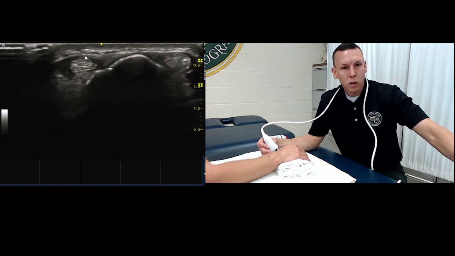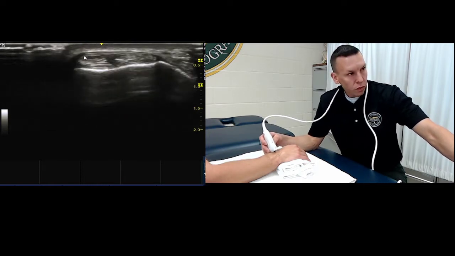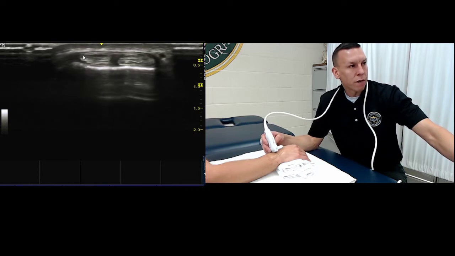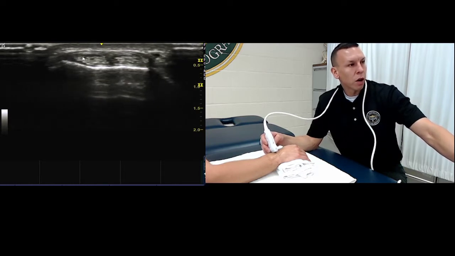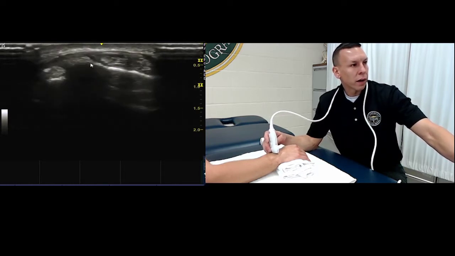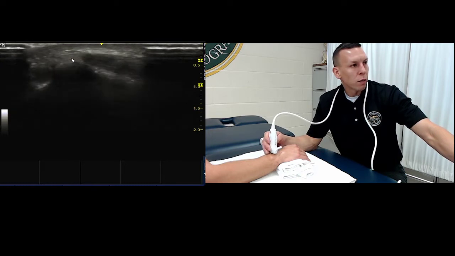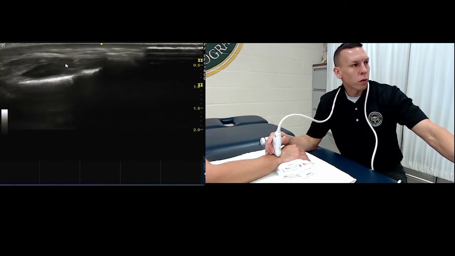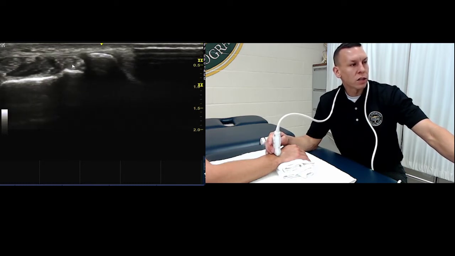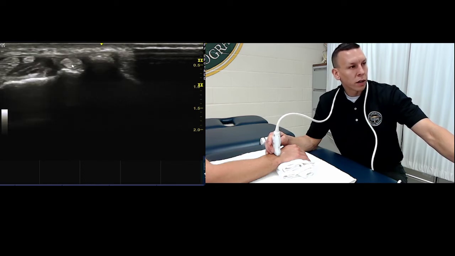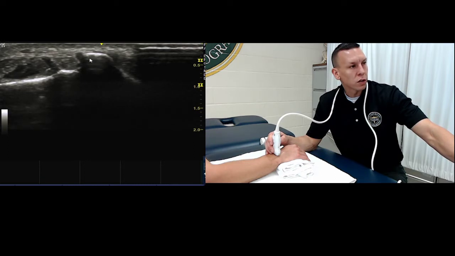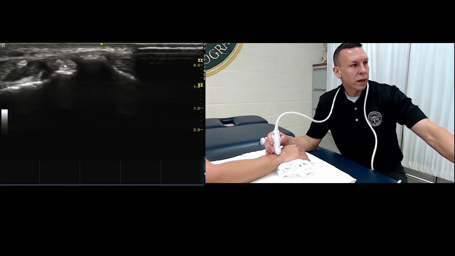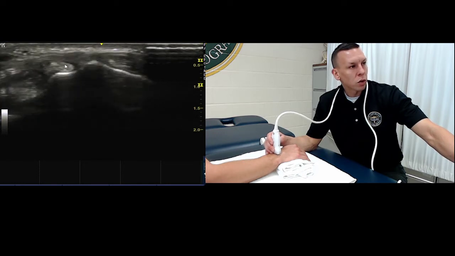Okay, so that's where that one is. So we're going to come back and find the second compartment here and here, and come back to Lister's tubercle, and we're going to find the third compartment, which is the extensor pollicis longus, which lies right next to Lister's tubercle. Lister's acts like a pulley for that tendon, and so if you come distal,